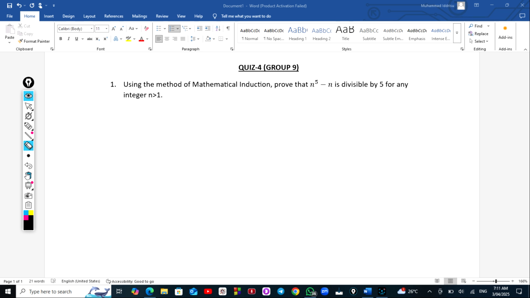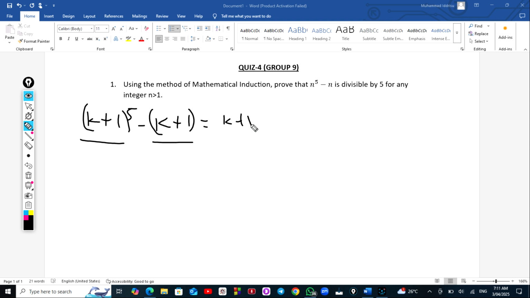Okay, so the next method is to what? Factorize and expand. So I'm just continuing with my k plus 1 to the power 5 minus k plus 1. This is equal to, we factor. You can see that k plus 1 is common with the 2 terms. You can see that k plus 1 is common, so we just factor k plus 1